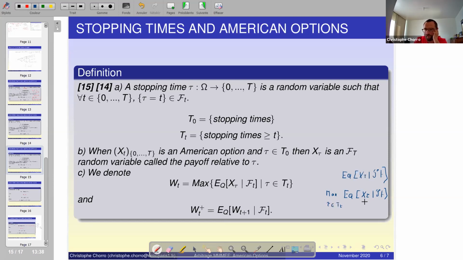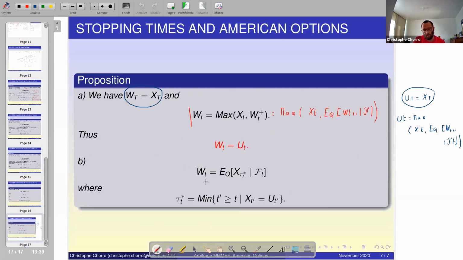So we are not very far, but we have to maximize over the set of all the possible strategies of choosing a date, which is represented by the notion of stopping time. So I have another characterization of the price of an American option in terms of the maximum of conditional expectation of the relative payoff, the maximum that I take over sets of stopping times. And what is more, if I continue in the proposition,